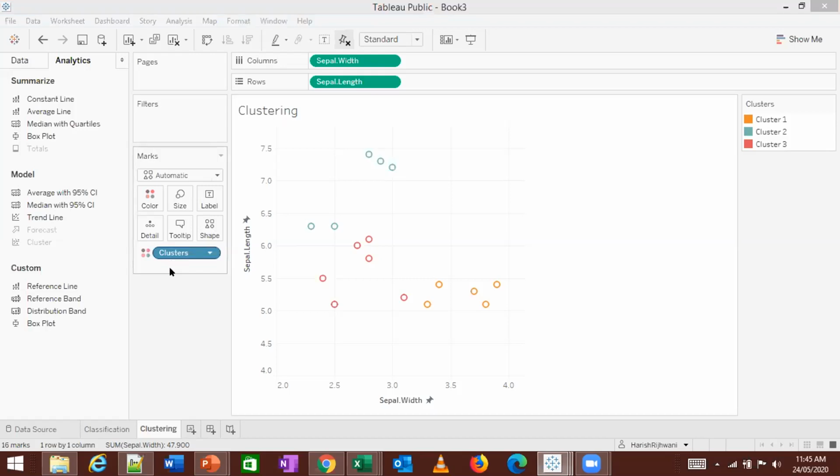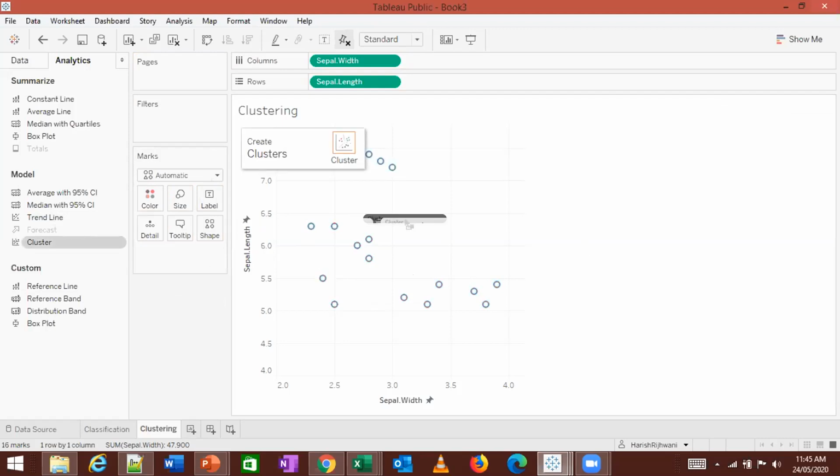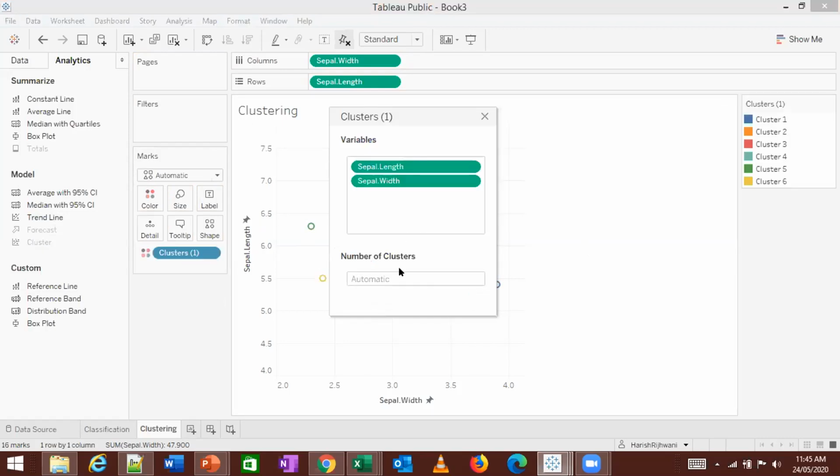So when I remove the cluster, and I drag the cluster over here, it asks me this question, number of clusters. So I put 3 over here. Make sense?